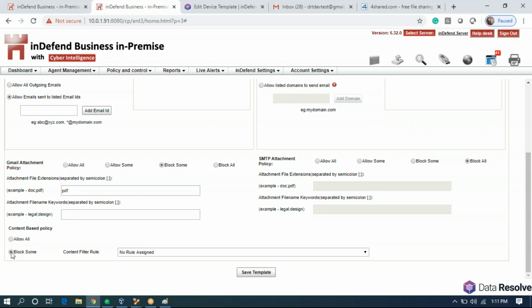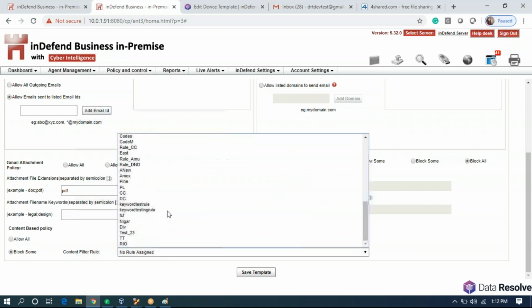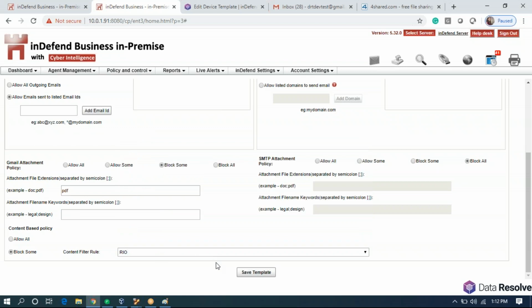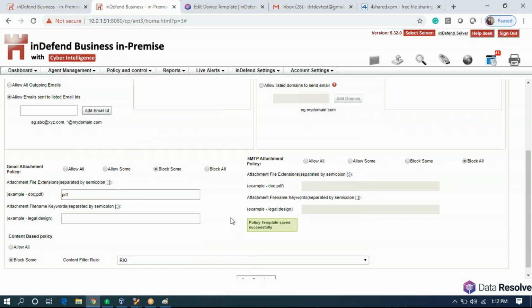So content-based alerting is something which I've already demonstrated. However, how can we achieve content-based blocking? We click on block in emails if we want to block sensitive information sharing through email. We will choose the rule. The rule that we created was Rio. We will save the template.